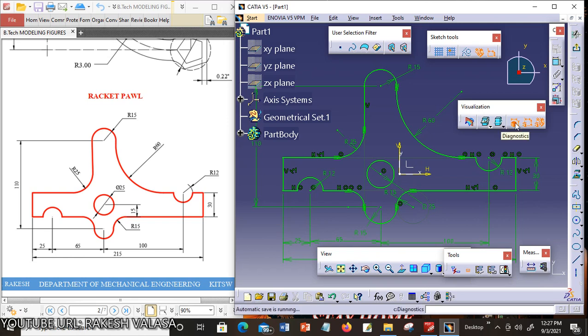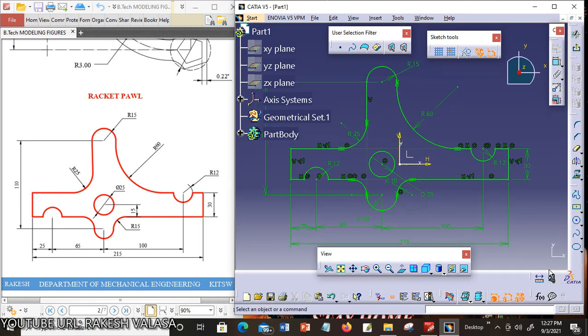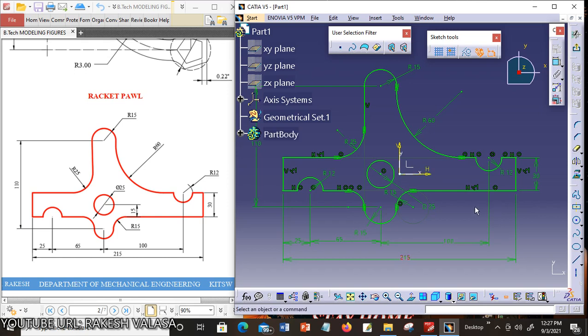By using this toolbar, you can turn off all dimensions and constraints. Okay, this is the final sketch for the given 2D rocket ball sketch.